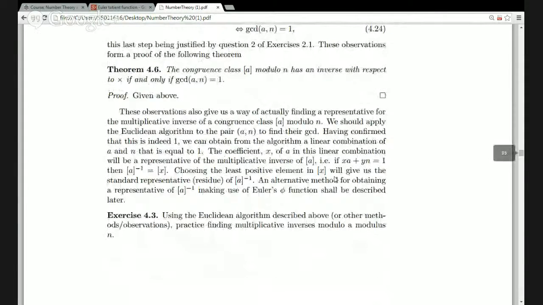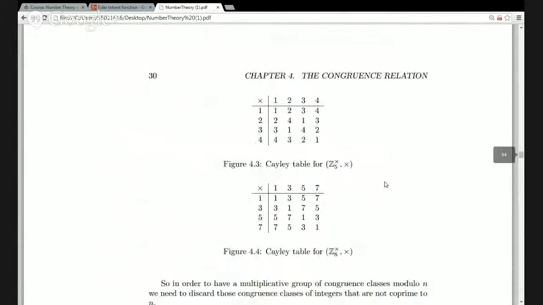But the multiplicative groups are very different. So we looked at two examples last time, Z5 and Z8, the multiplicative groups, so the group of congruence classes under the operation of multiplication. Z5 didn't cause any problem. Well, you have to exclude the congruence class of 0. You can't let 0 into a multiplicative group because the number 0 won't have a multiplicative inverse. There won't be anything that you can multiply by 0 that will give you 1. Z5 is okay, but for Z8, we saw that we can't let in everything